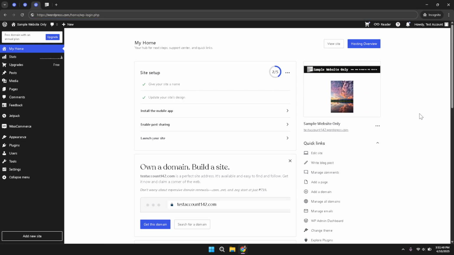Once you have successfully logged in, locate the Quick Link section on your WordPress dashboard. In this section, you will see an option labeled Edit Site. This option is your gateway to editing your site's layout and content. By clicking on Edit Site, you open up the Site Editor, a powerful tool that allows you to manage various